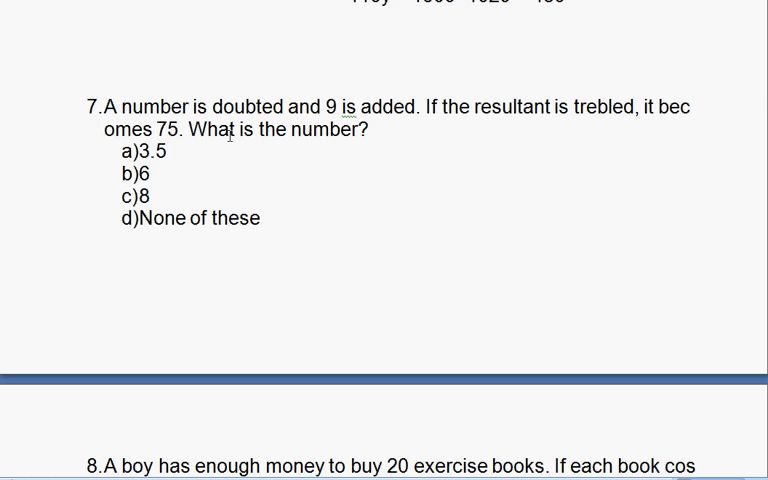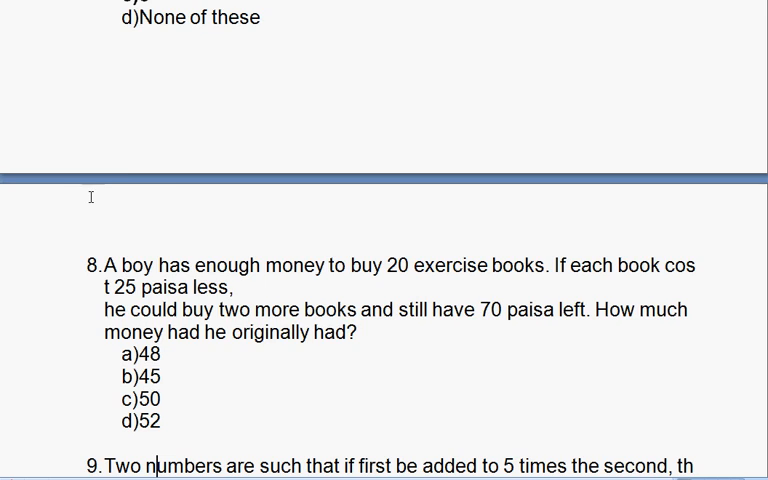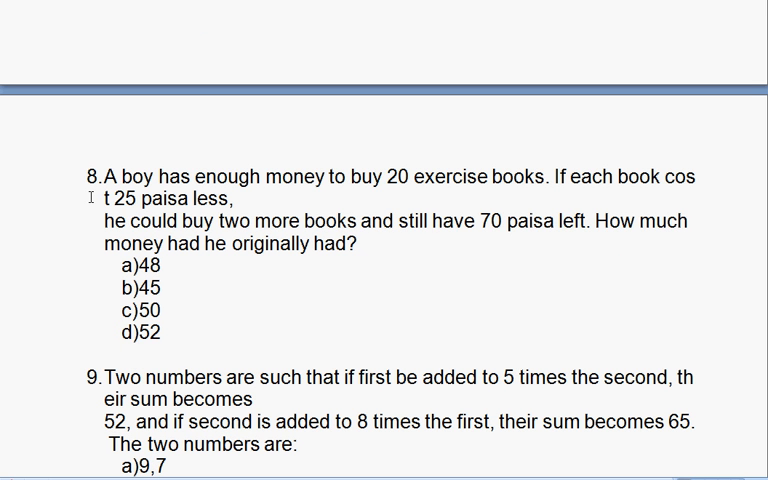Let's go to third option. 8 is doubled, it becomes 16. 9 is added to it, it becomes 25. 25 is trebled, it gives 75. So this is the right answer. Very simple question, right? Just he has used some words which might be intimidating. We have to just cut through these words and make, even without making an equation, just using options we can solve it, right? Let's go to question 8, which says,